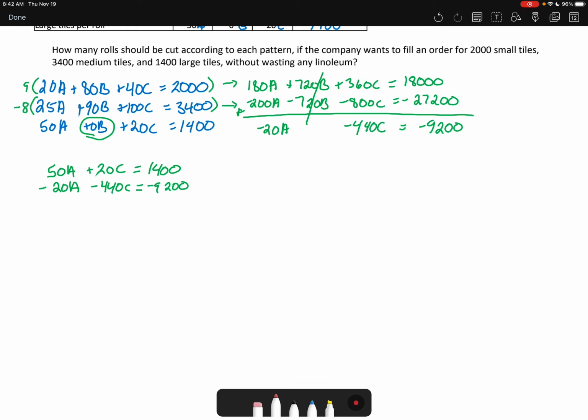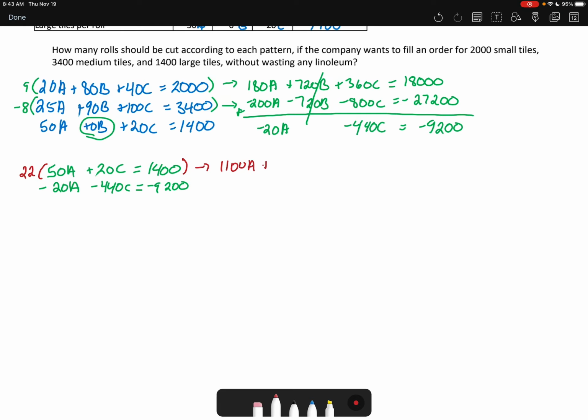Okay, I need to either get rid of the A's or the C's right now. I'm going to personally pick to get rid of the C's because I can turn a 20 into a positive 440 to cancel those out if I multiply this by 22. If I multiply that top equation by 22, then I'm going to get